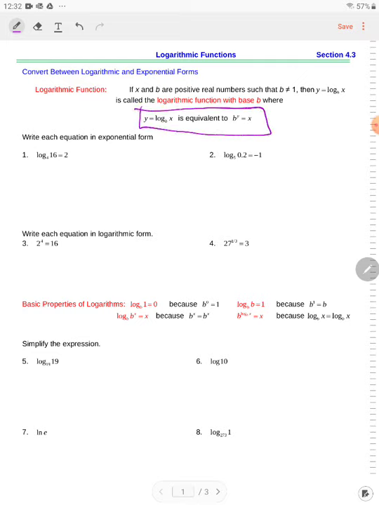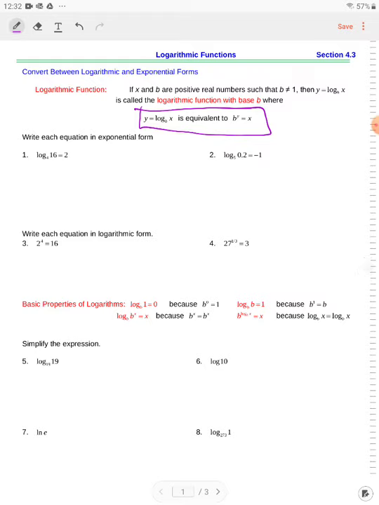Now, b cannot equal 1, and b is also positive. If you notice, it says a and b are positive real numbers. b is called the base of the logarithmic function. Exponentials and logarithmic functions are inverses. So if you have the log form, y equals log x base b, that's equivalent to b to the y